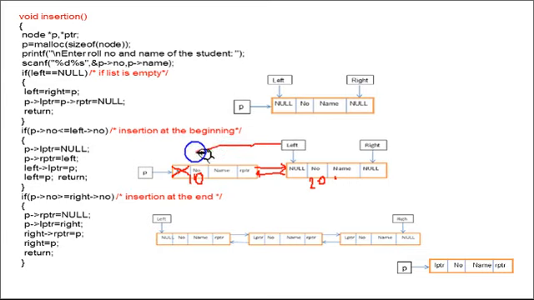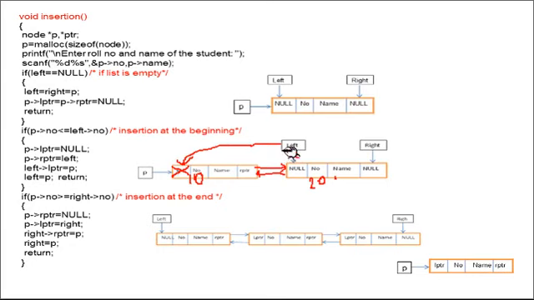Left equals to this one. So this link will be created. Now left is pointing to this one and we are breaking this link, right? So now left is pointing to the leftmost node, right is pointing to the rightmost node, and 10 comes before the 20 and we are inserting the node at the beginning. So this is the case, insertion at the beginning. Okay, so this is the first case.